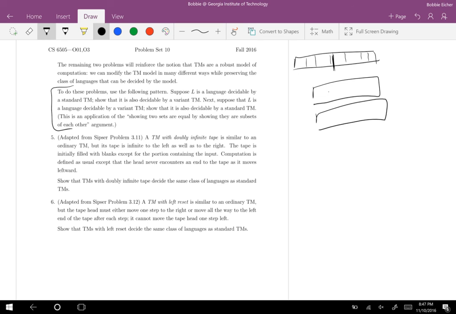And actually, probably the simplest way to argue that you don't gain any computing power there is to say, well, first, clearly this can emulate a regular Turing machine, because all you'd have to do is mark off what's going to be the beginning of the tape and ignore everything to the left and treat it as a tape that's only infinite to the right. And at that point, it's behaving exactly like a regular Turing machine. The hard part is going in the other direction and saying,